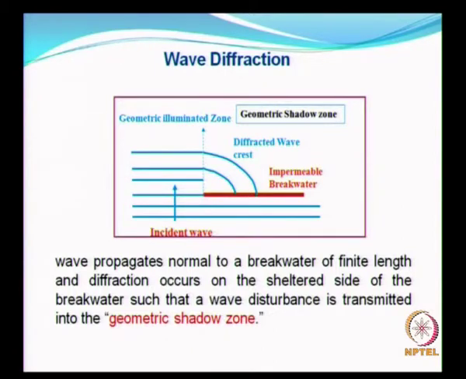When you consider permeable breakwater, then you have to find out how the energy is dissipated due to the presence of breakwater, etc. So all these things are now avoided, and we will just examine how the waves move around due to the presence of the structure. So when you have a structure like this, the same way you have the bending of waves as you see here, and this is the geometric shadow area. What we have seen here, I am just again explaining to you by considering only one direction reaching only one tip of the breakwater, trying to explain how the waves bend.